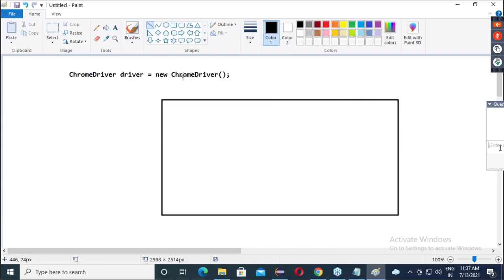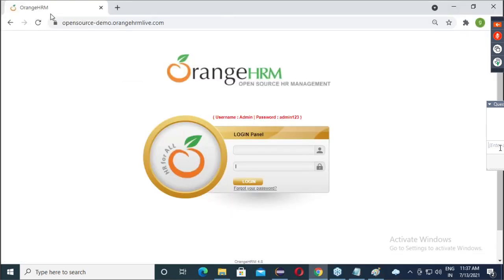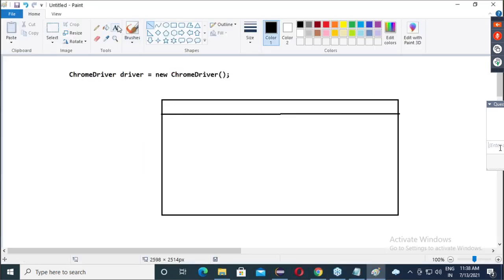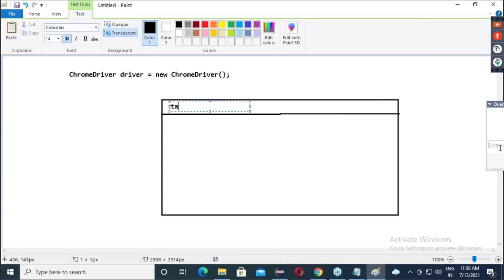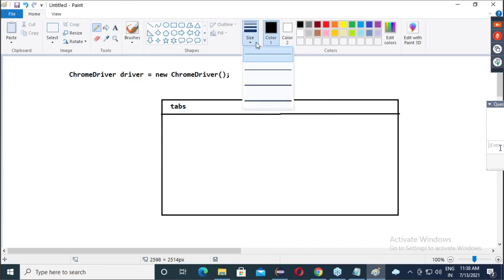Now in this browser, observe the first section. The first section is for the title bar: minimize, maximize, close, everything, correct? Here we will have tabs, and here we will have close, maximize and minimize, something like this.